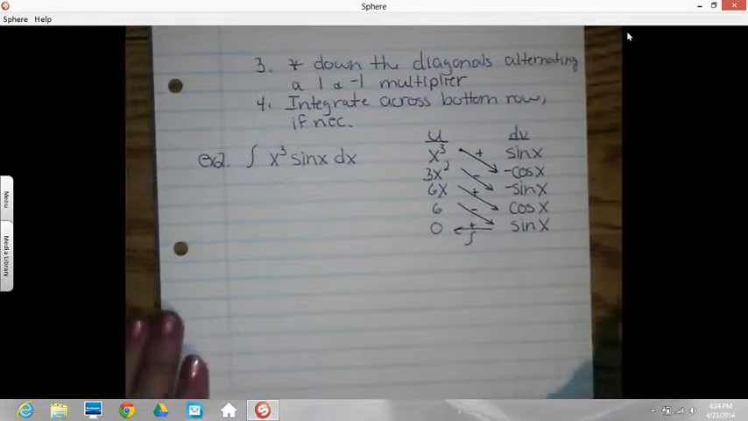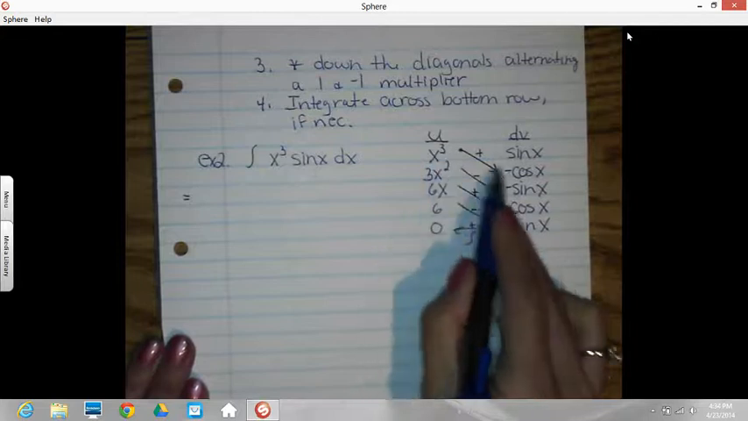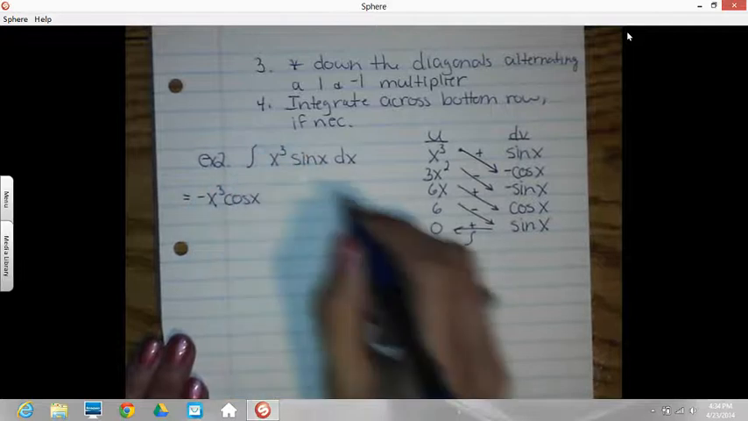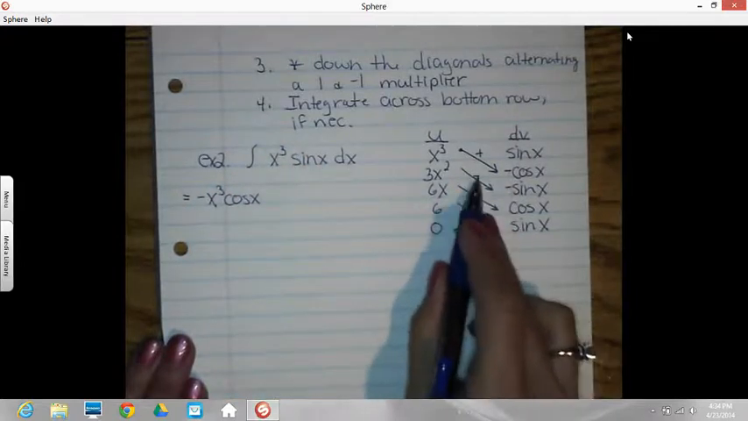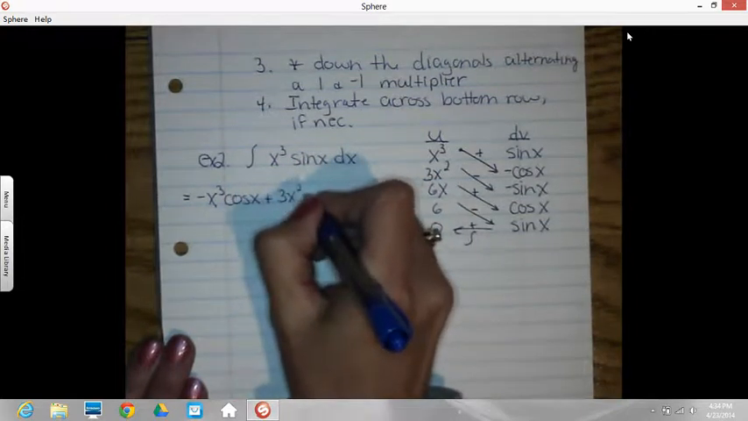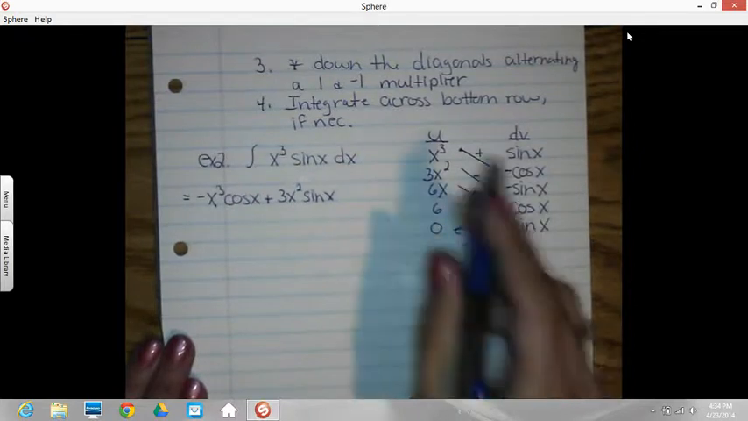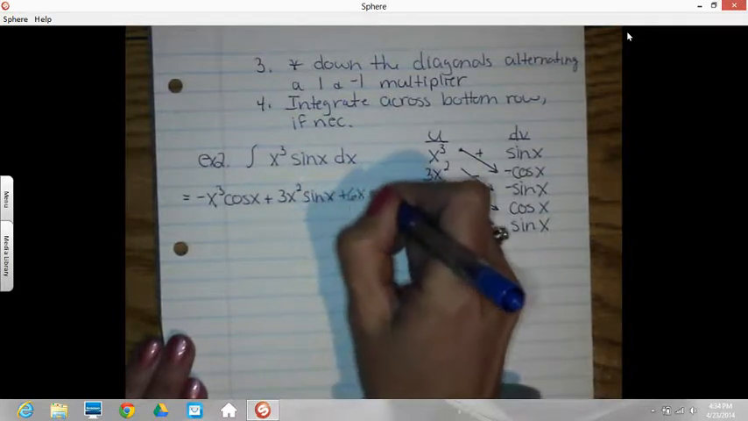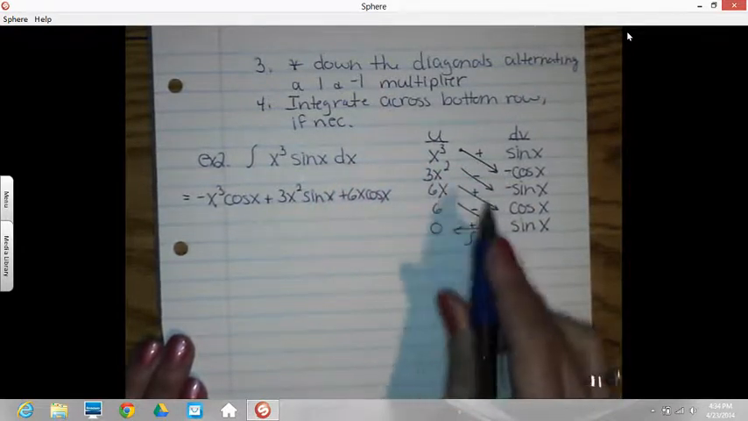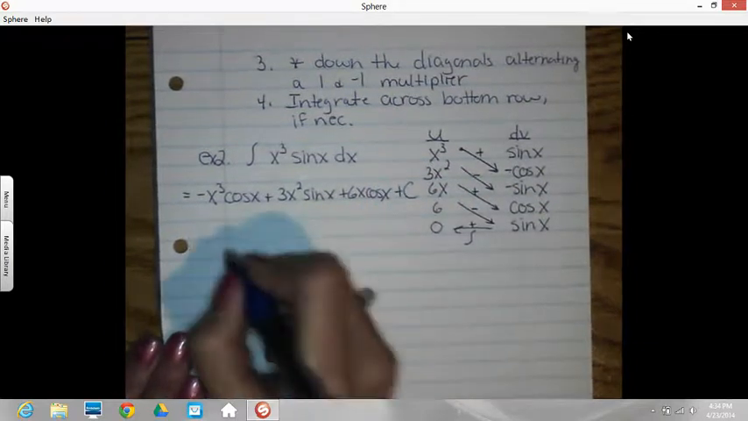Okay? So, see if I can squeeze it in over here. I'll have a negative x cubed cosine x. Next one will be a positive 3x squared sine x. A positive 6x cosine x. And then integral of 0 is 0 plus c. Okay, not too bad. Once it's streamlined here,